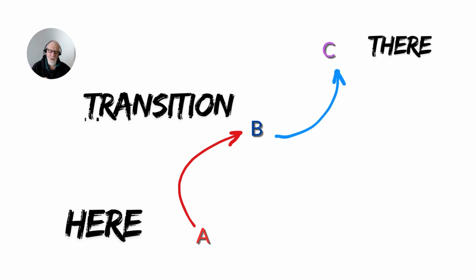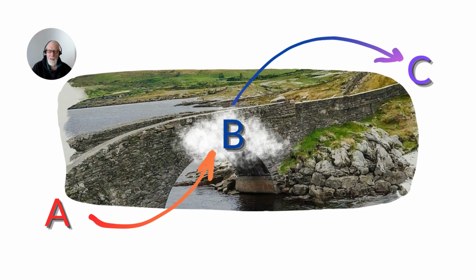If A was here and C was there, that would mean B, you would go through some kind of transition. So here to there, the T aspect of here to there is about the transitions that you would go through. And I went, okay, that makes sense. Keep this going. Let's take a look at a metaphor of a bridge using this ABC. So if A, I'm here, and C, I want to be over there, then B means I have to go through some kind of transitions to be able to get there. In this case, walk across the bridge.